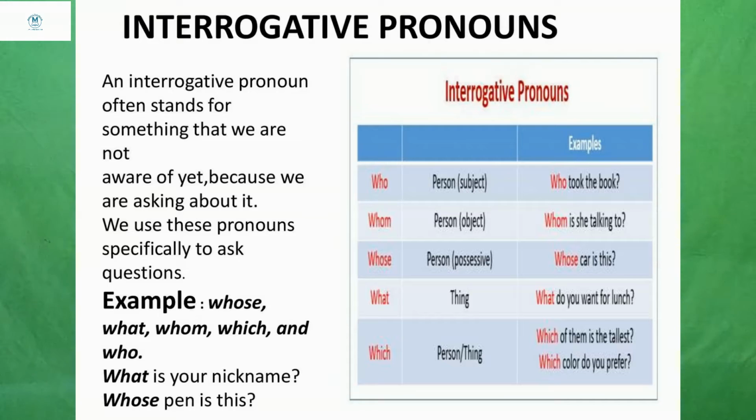Understood? So the list of interrogative pronouns is given here. Who is related to a person. When a person is the subject, in that scenario use who as an interrogative pronoun. When a person is the object in the sentence, then you use whom. When the person is possessive in a sentence, meaning you are asking about ownership of someone, then you use whose. I just want to know who is the owner of the pen. So that time the person is in a possessive situation.